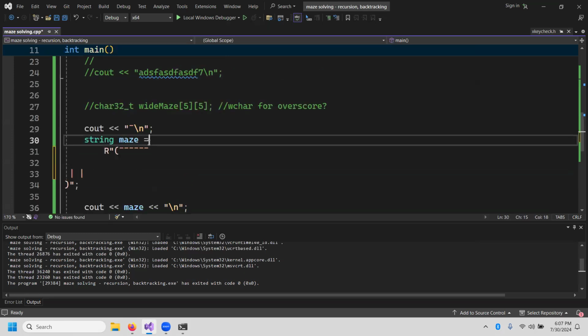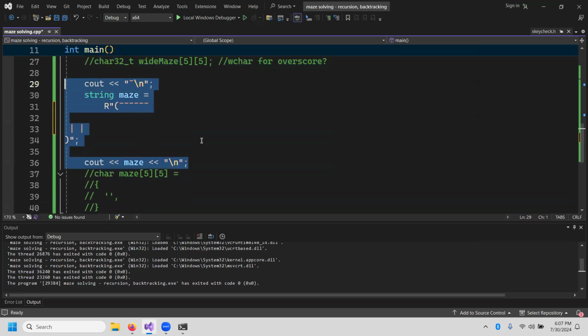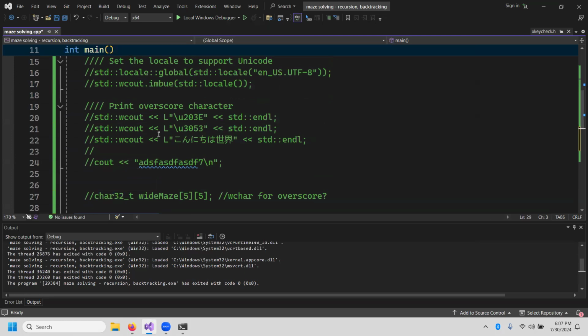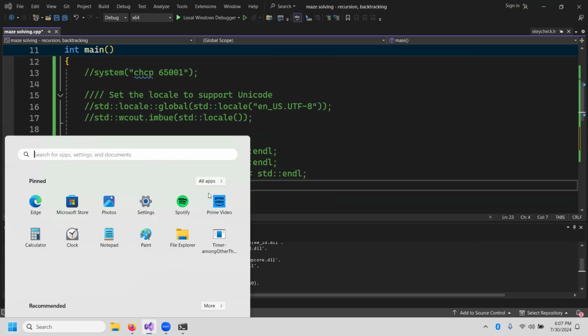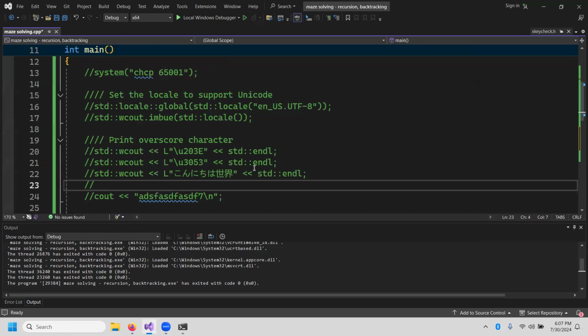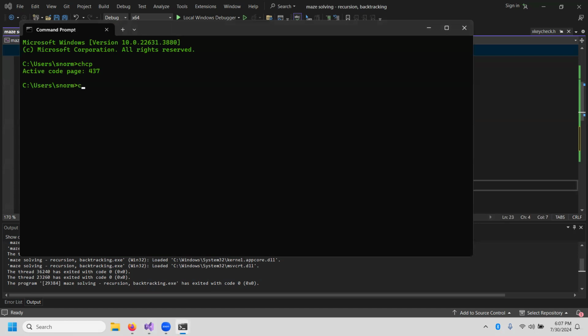But at any rate, if we would like to print Hello World in Japanese, previously I've done this by writing it out to a file, and I think I may have recorded those videos. Writing this out to a file and Notepad, the software Notepad is more complicated than the terminal. You can change the code page with the command chcp. 65,001 is UTF-8,